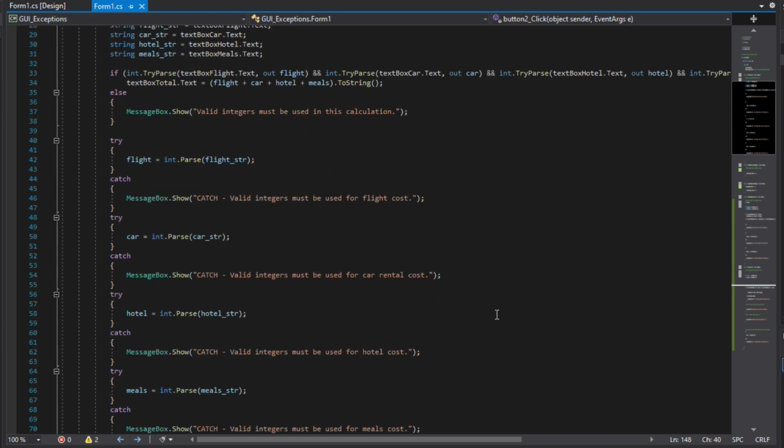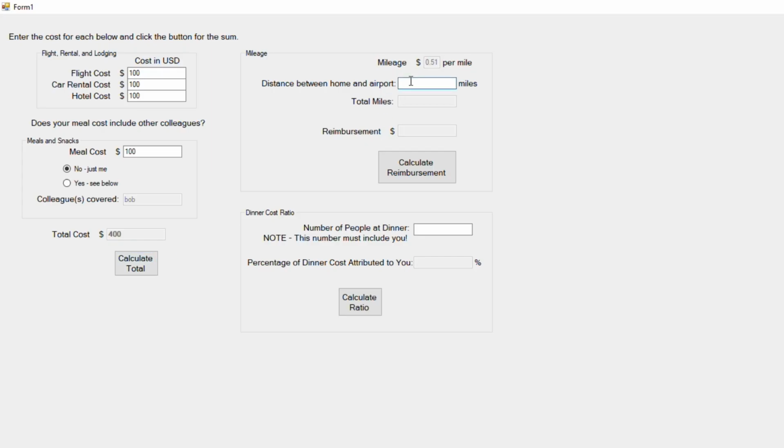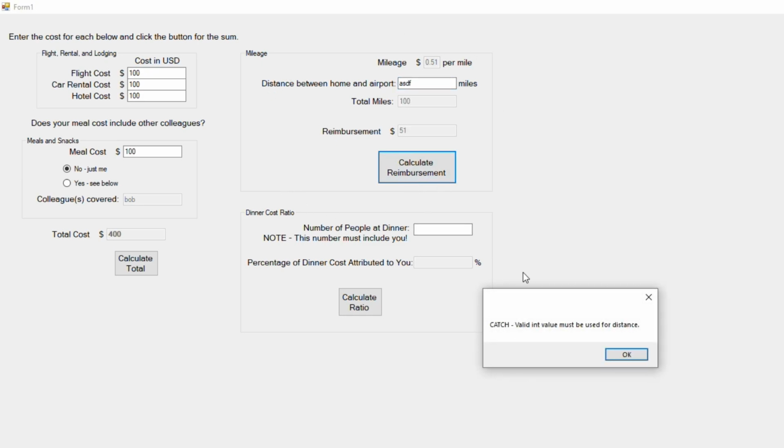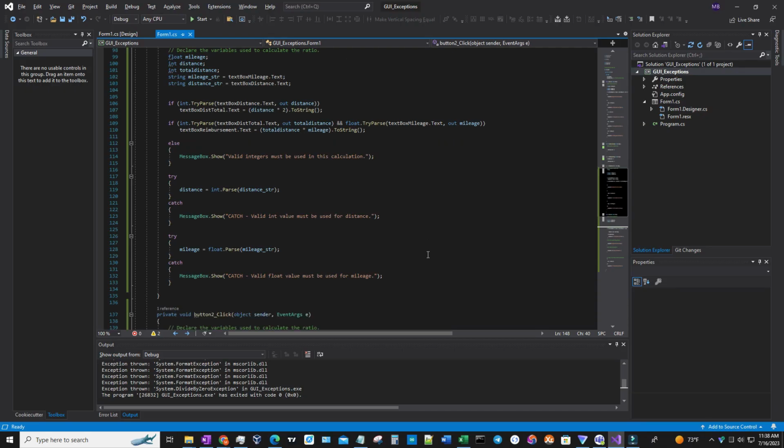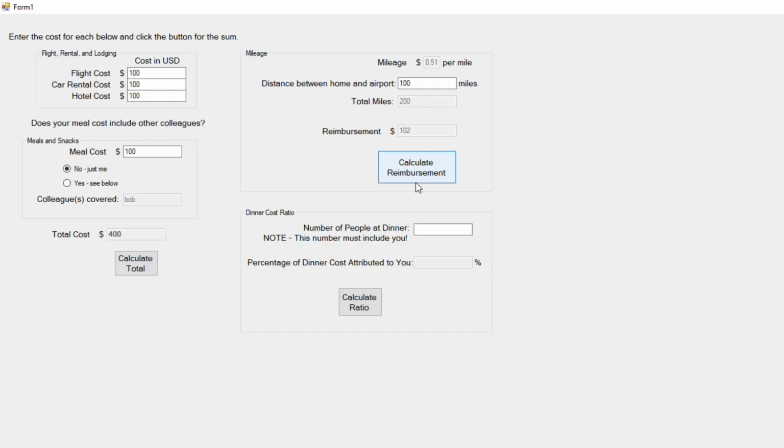I did the same thing for mileage, where if you type in letters instead of numbers, it ends up giving you an error message. And I've also grayed out several of the text boxes so you can't overwrite the calculation numbers. And then finally, there's this dinner cost ratio, and what this does is gives you an example of a